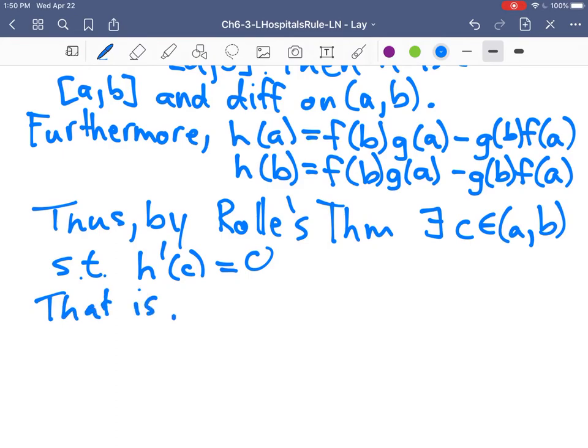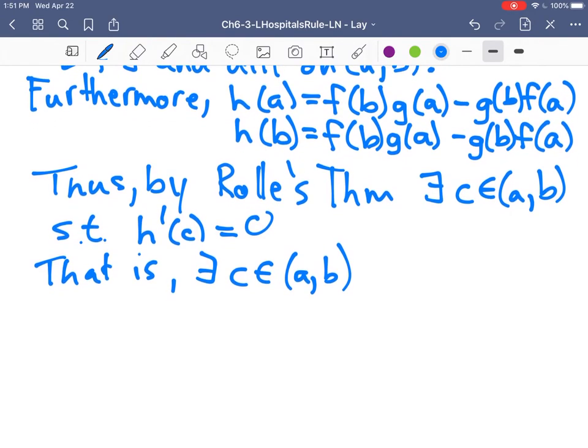That is, there exists a c in that open interval a to b. If we rewrite this in terms of f's and g's, we end up with there exists this value of c in that open interval from a to b such that